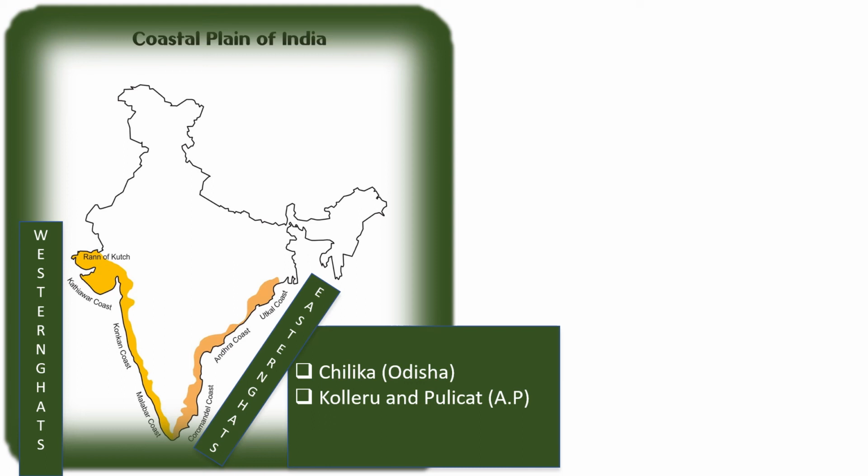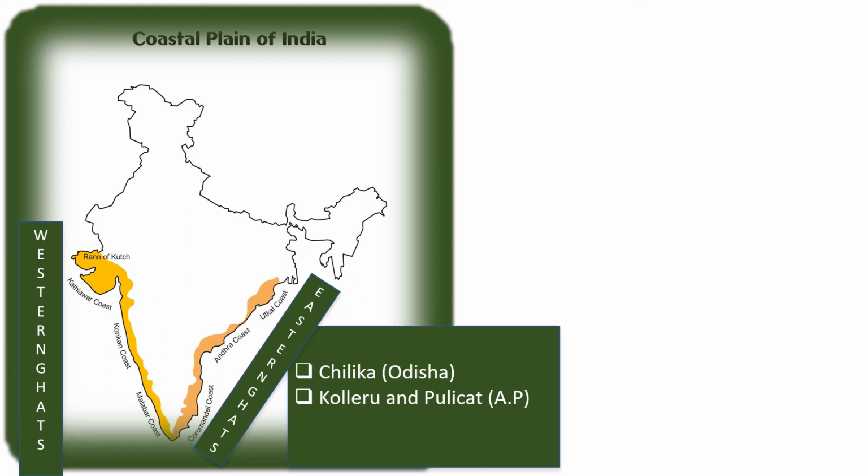To the north of the Konkan coast, the coastal land widens into the alluvial plains of the Tapti and Narmada, and further north to the Gujarat plains formed by the Sabarmati, the Mahi, and several other rivers. So this plain is uneven and broken by hilly terrain. It can be divided into three parts.